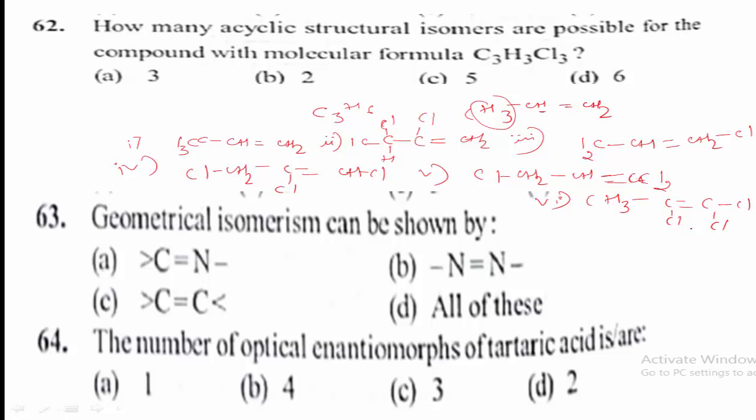Which type of structures are possible? Acyclic structural isomers. Therefore, the correct answer for this question is option D, 6 isomers are possible. Okay students, next question number 63. Geometrical isomerism can be shown by... students, this is one of